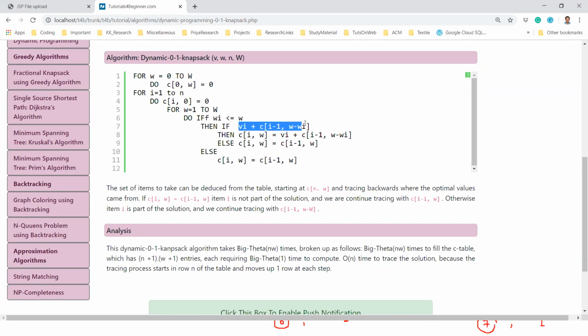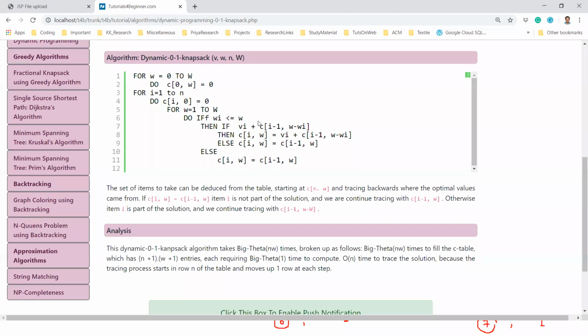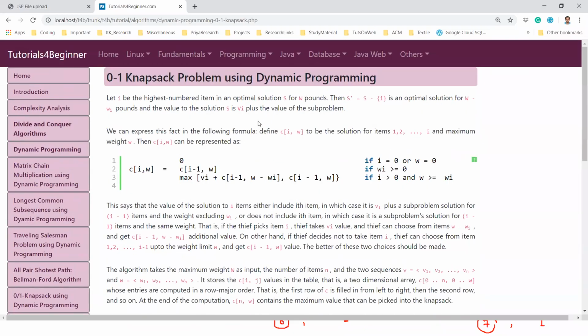If this is one value and this is another value, which one is maximum?